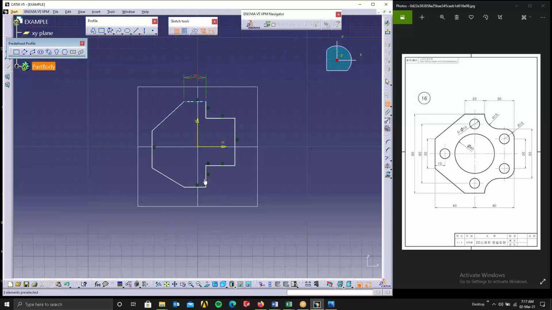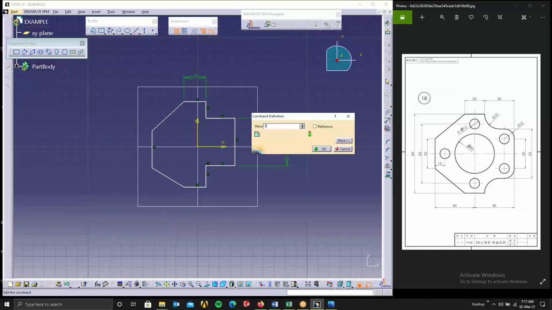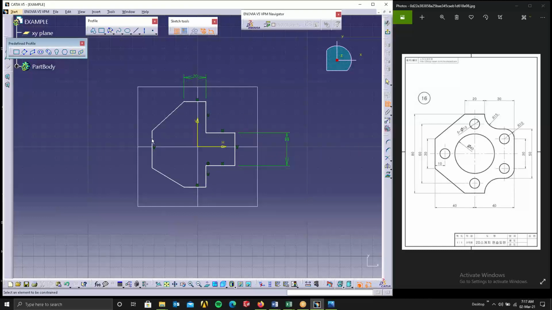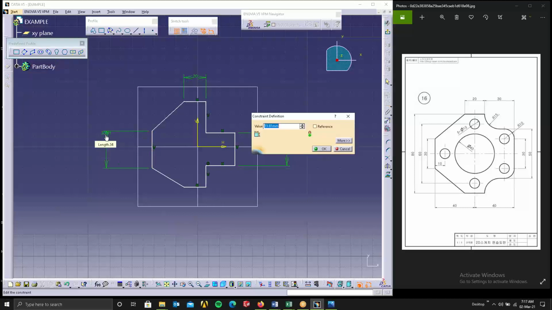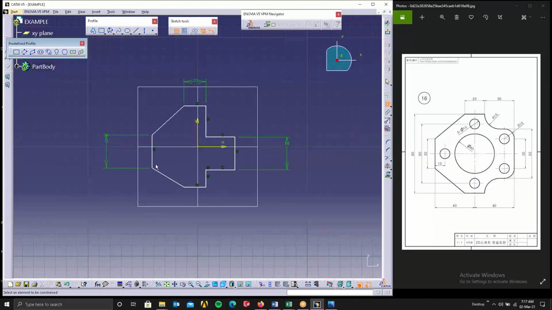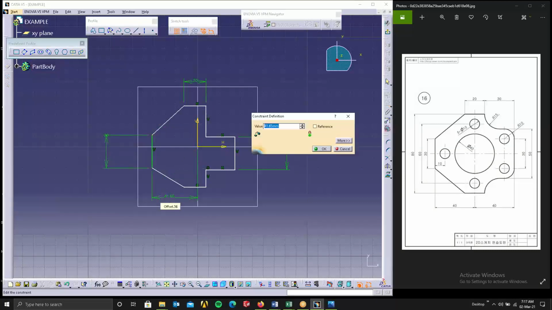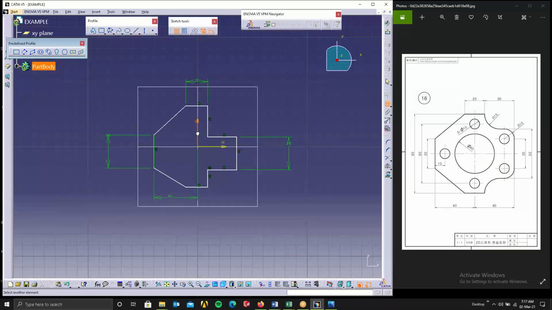So you can see, since I just took with reference to the reference line, here also it's changing accordingly. So this thing is 30. Enter. This thing is also 30. Enter. So this one's distance is 40 from here. This one's distance is 40